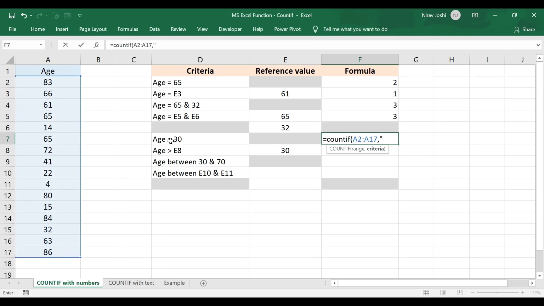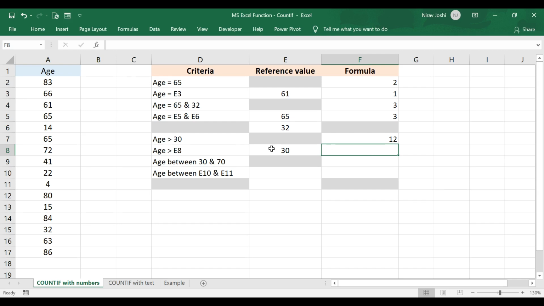That is the reason we need to apply inverted commas: since we are using the greater than sign, we cannot simply put a number here. Greater than 30, complete the inverted commas and complete the bracket, press enter. It will give us the count of cells which have more than 30 years as data.